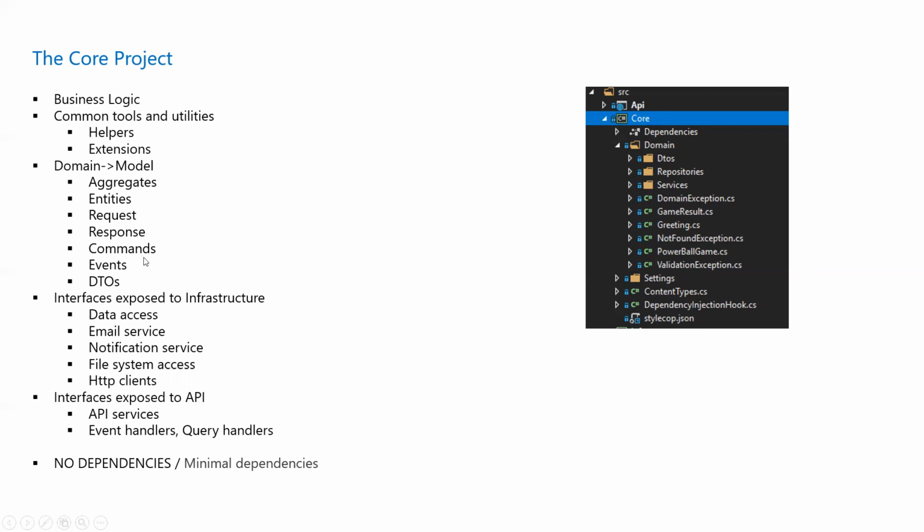If you are following the CQRS pattern, you will have commands and events. In my project, I haven't followed CQRS to keep it simple, but it is not mandatory to follow the CQRS pattern. And we might still need some DTOs for transferring objects from one layer to the other.